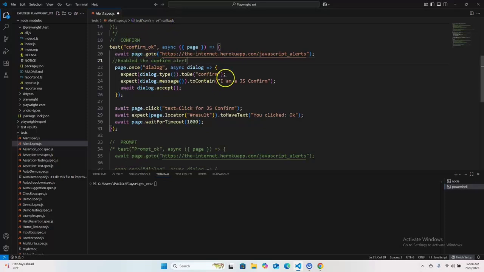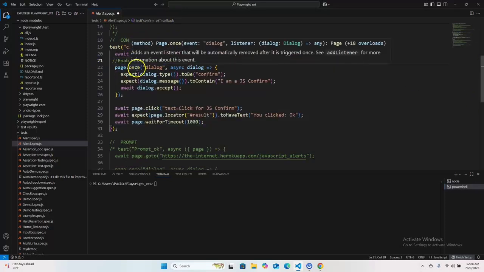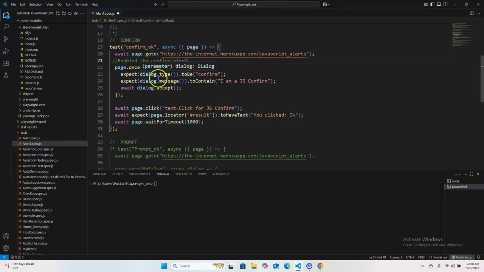So the same process we need to write here, page dot once function, and here I'm providing the variable, async keyword, and provide the another variable, and this is the anonymous function, and this is the curly bracket. Inside this curly bracket,